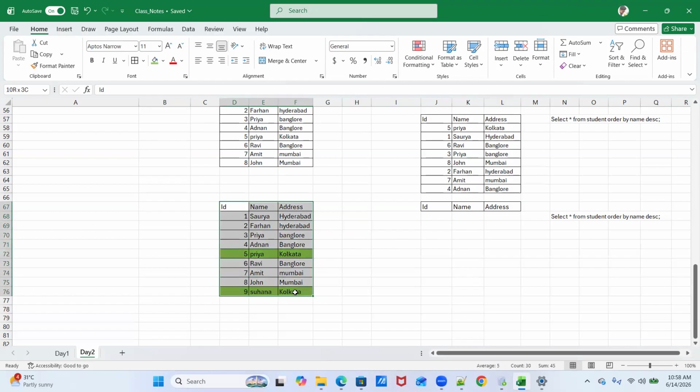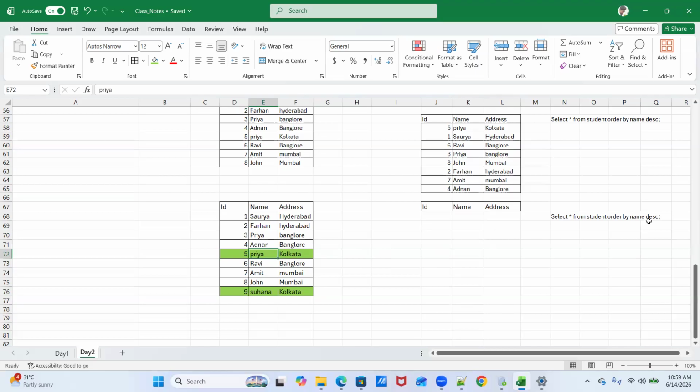So we are ordering it based on descending order. In alphabetical order, P comes first and then S comes.